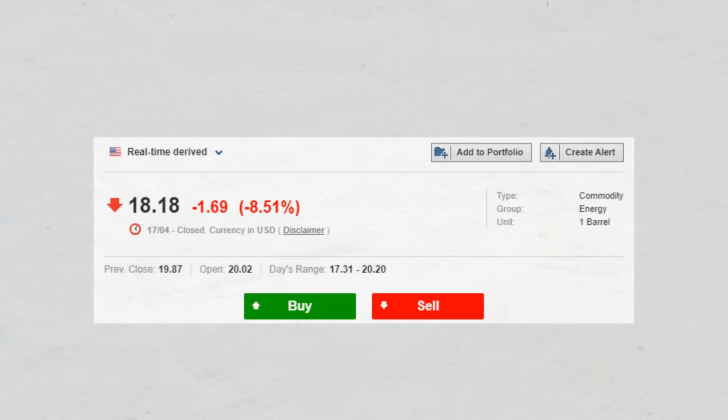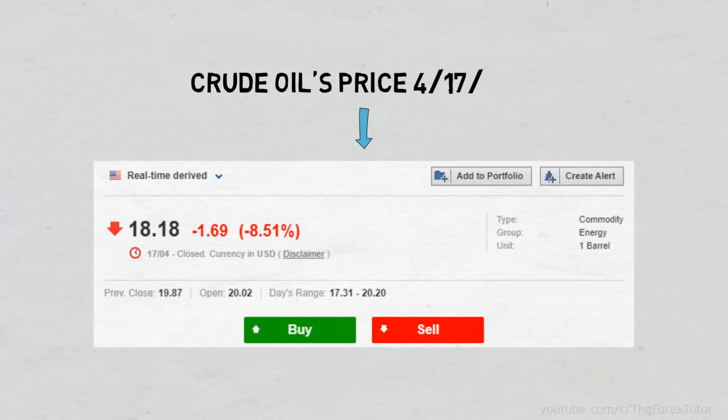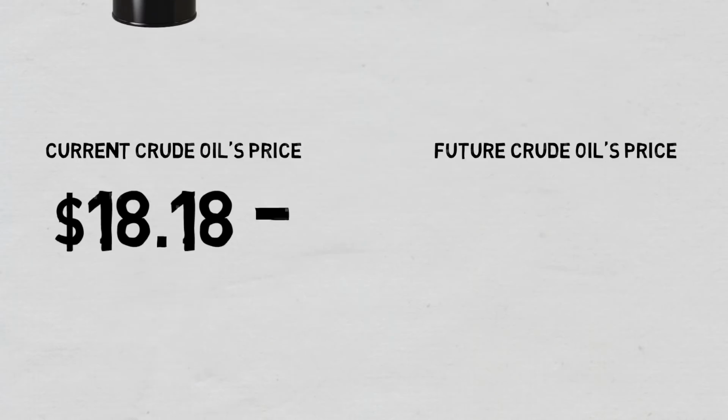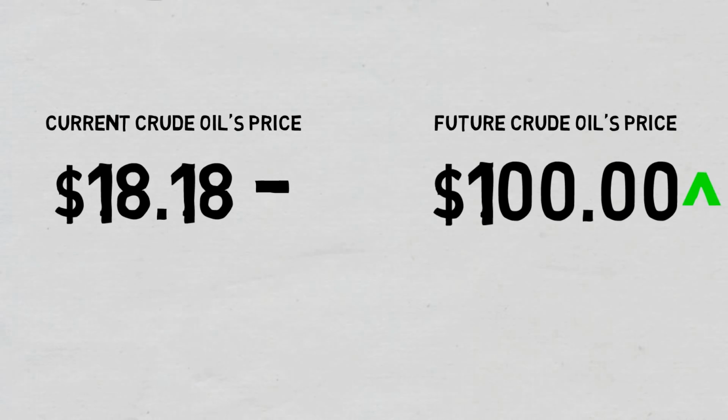The price of crude oil now is insanely low, like never before in history. Actually, it happened 20 years ago, but it's happening right now. I will talk about why the price of crude oil falls dramatically later, but for now, we want to buy and store them. In case this goes up to $100 per barrel in later years, we all could have